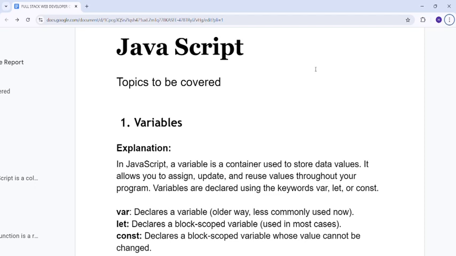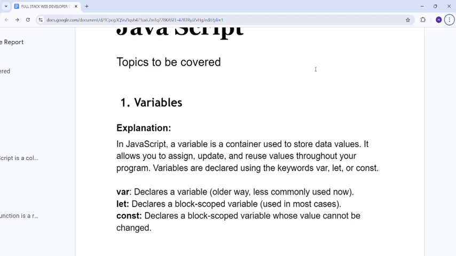Basic topics of JavaScript. The topics to be covered, the first one is variable. A variable is a container used to store data values, and variables can be declared using keywords var, let or const. Var declares a variable, let declares a block scoped variable, and const declares a block scoped variable whose